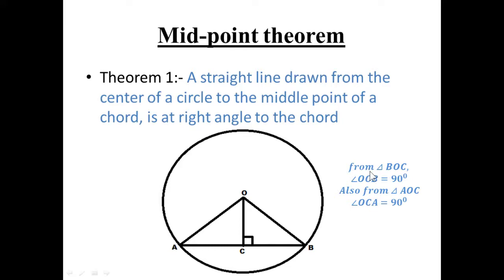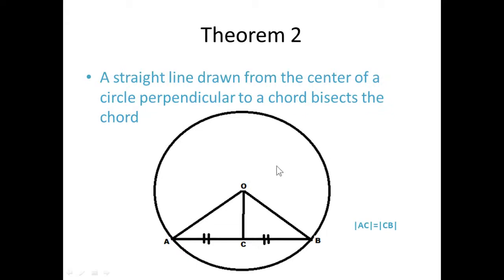And from what you can see, in triangle BOC, the angle at C here is 90 degrees. Also, in triangle AOC, the angle here is also 90 degrees. That's the first theorem. The second theorem says that a straight line drawn from the center of